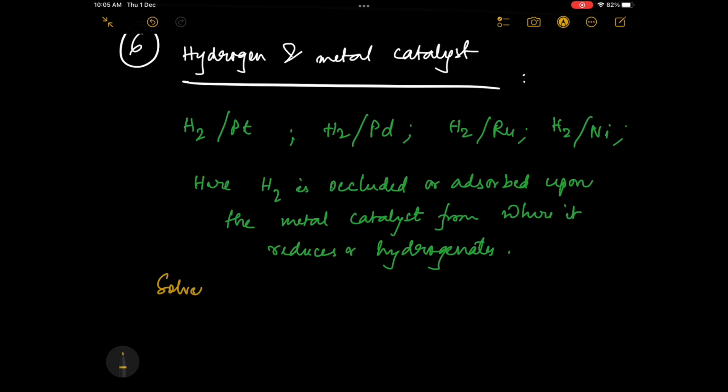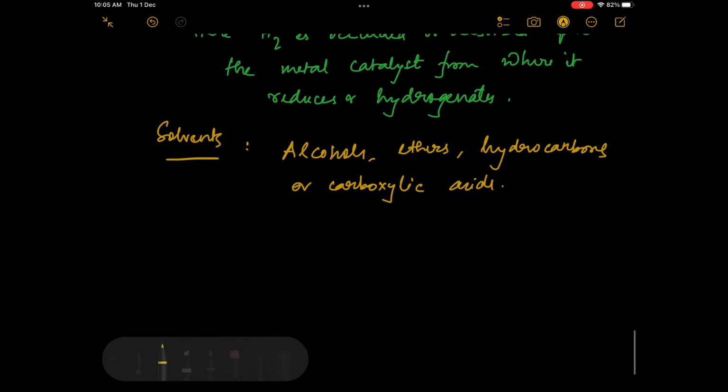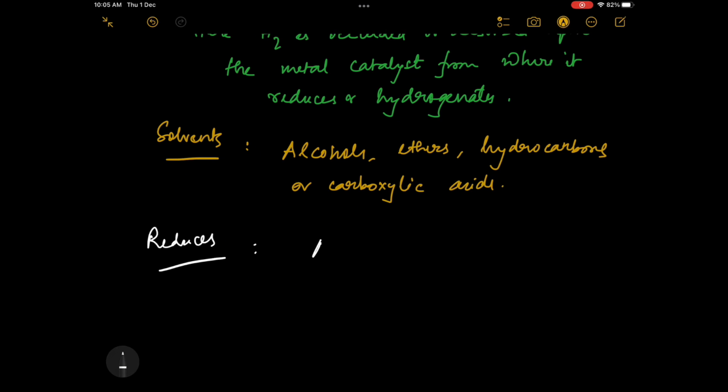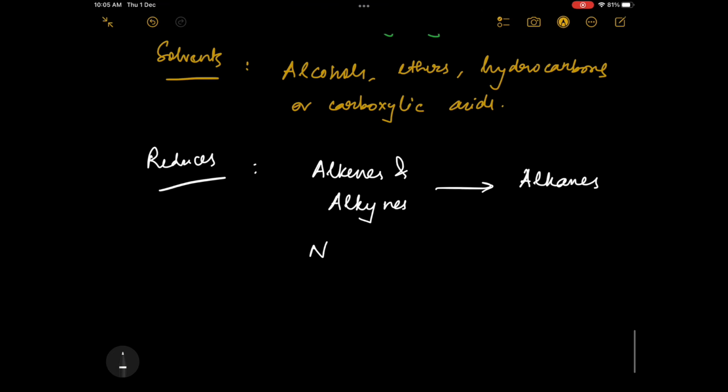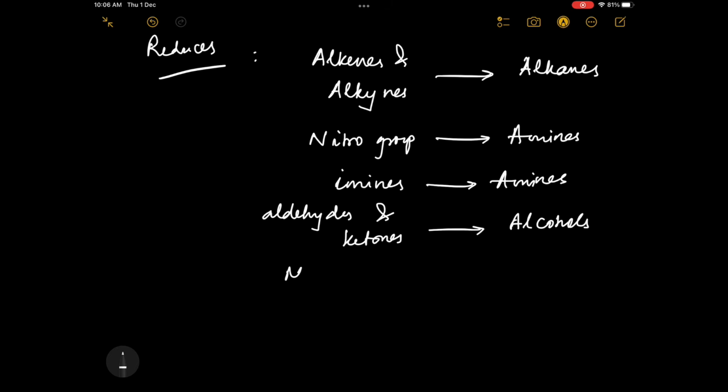Okay, firstly the solvents that are preferred for this are alcohols, ethers, hydrocarbons, or carboxylic acids. Let us see the reduction that is performed. As I said, alkene and alkyne are reduced to alkanes, nitro is reduced to amine, NO2 to NH2. Imines are reduced to amines using such hydrogen metal catalysts. Aldehydes and ketones actually are reduced to the corresponding alcohols,